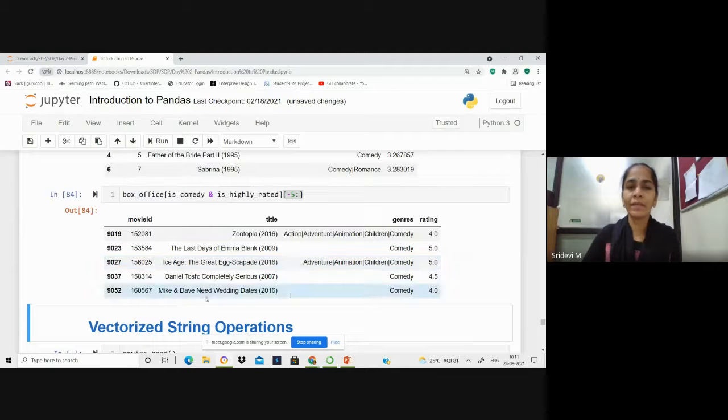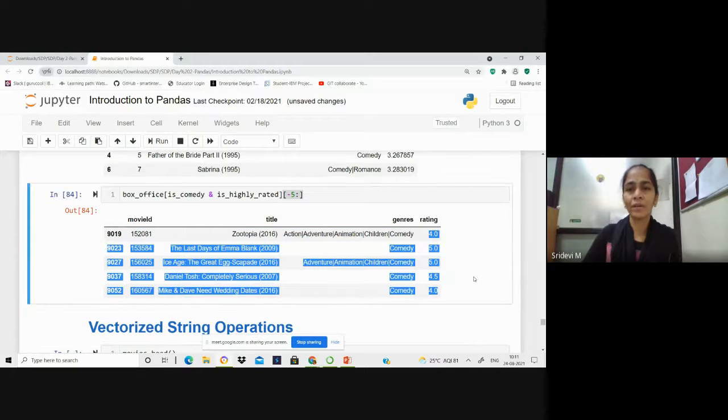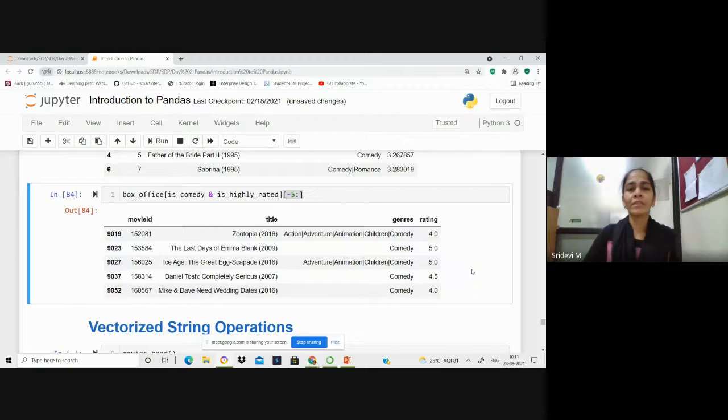Now we can see all the movies in these filtered values belong to genre comedy, and at the same time, they have high ratings greater than or equal to 4. This is how we can extract data in which we are interested, which we prefer to get as a result.